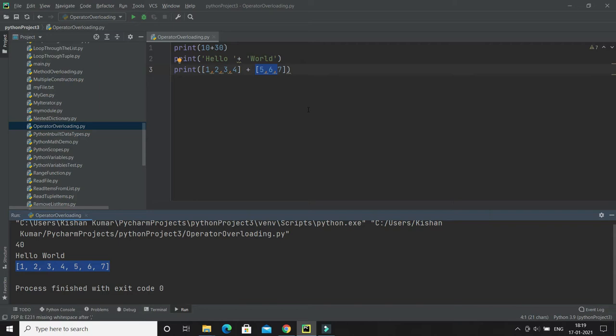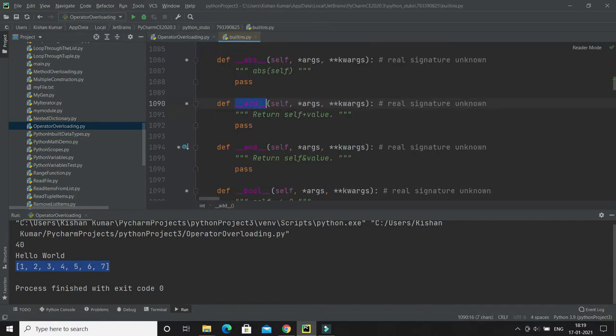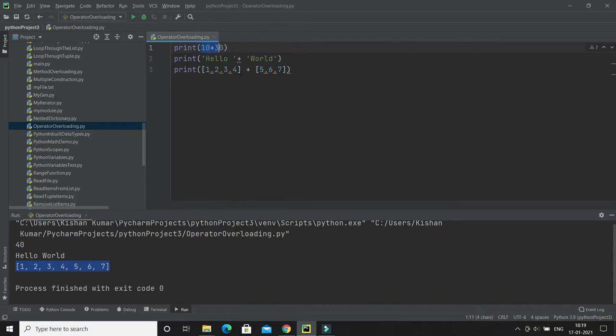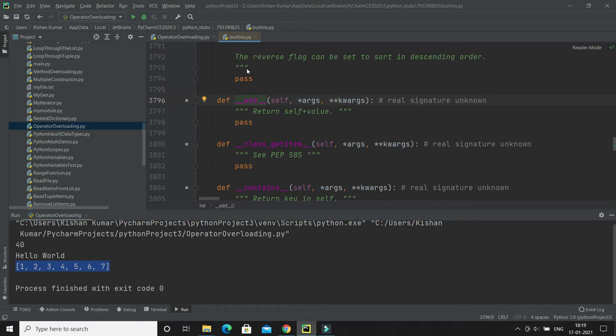So that's how the plus operator works. This is basically the kind of overloading: one operator doing multiple things. But have you ever thought of how the plus operator comes to know that here addition has to be performed, here concatenation, and here merging of two lists has to happen? When you press Control and click, and you go over here, you can see that the method __add__ has already been defined, which recognizes what operation has to be performed. The same happens for the list.